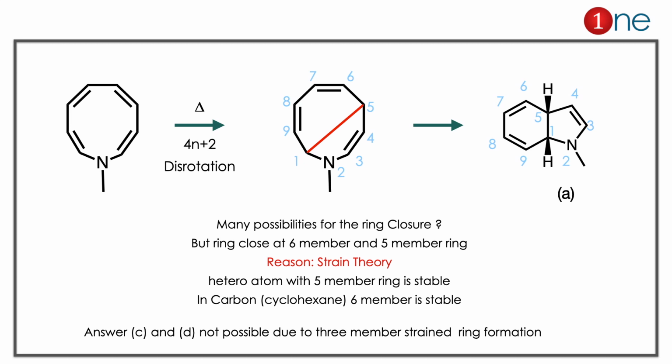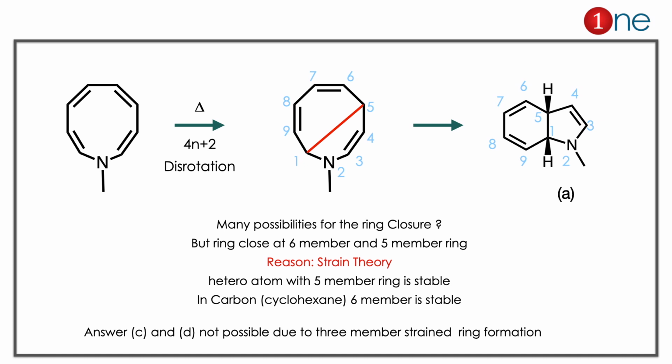The starting material is the hetero system. There is a possibility of 2 types of ring closure, but we have to look for the stability of the ring here. The ring can be closed in many ways. Even the products they gave show 1-3 connection as well as 1-5 connection. But in strain theory, the 5-member and 6-member systems are stable. With carbon, the 6-member system is stable. With a hetero member, the 5-member is stable because of the bond angle and the forced planarity. So the 5-member and 6-member rings are formed there.